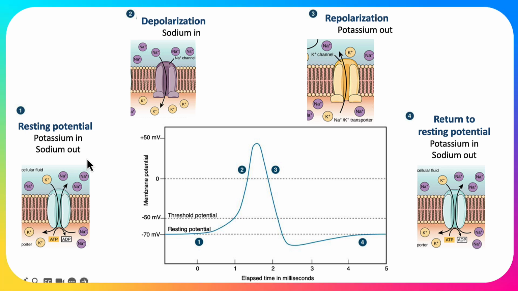Now, whilst this is ridiculous, the way I remember it is I think of pin, sout. P for potassium in, S for sodium out. Pin, sout. Okay, so the resting potential is pin, sout. So potassium in, we're pumping potassium in, so there's a high concentration of potassium in, and pumping sodium out. So there's a high concentration of sodium out. This is negative, and it's staying in this position until the action potential comes along.